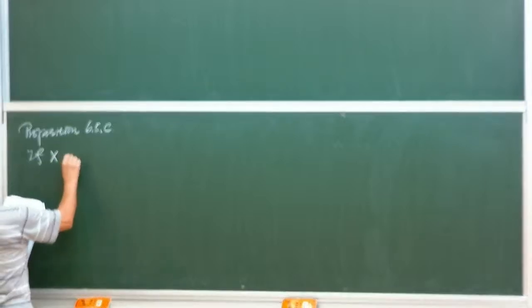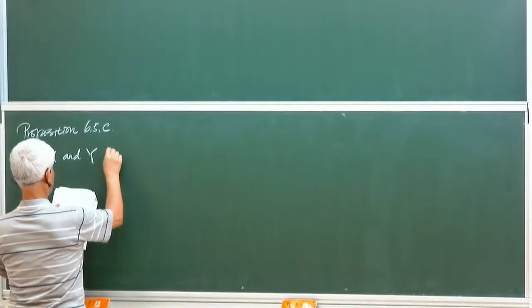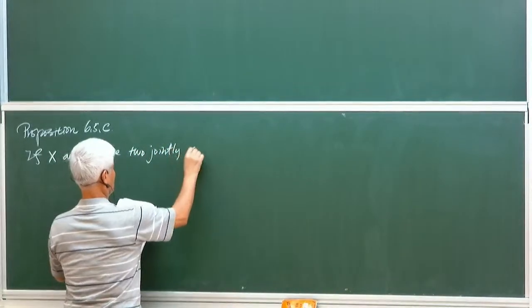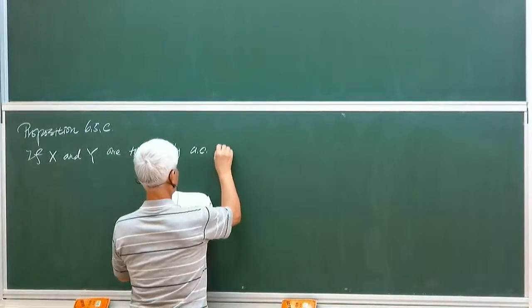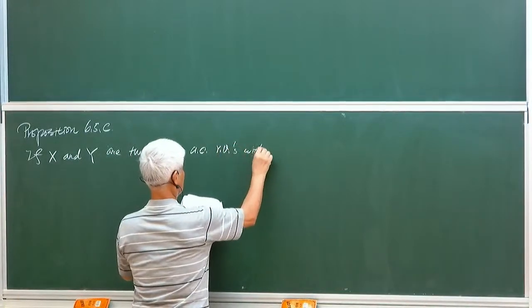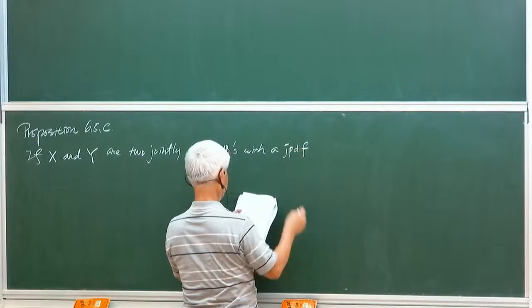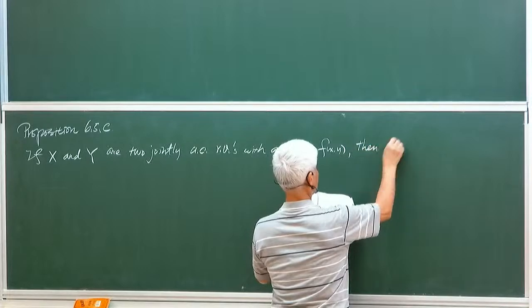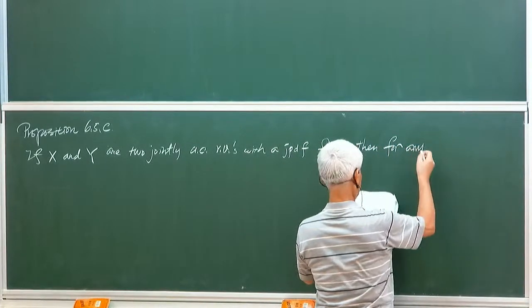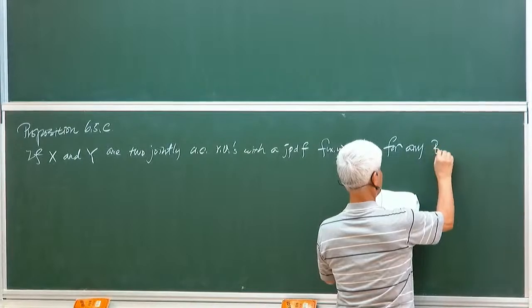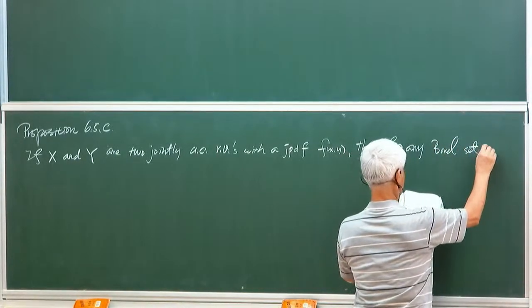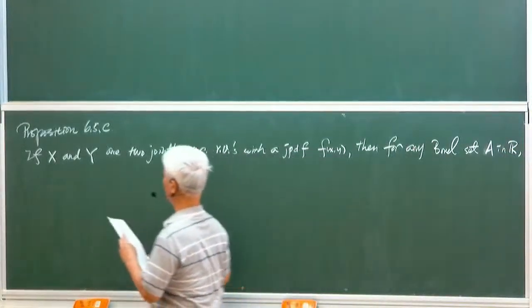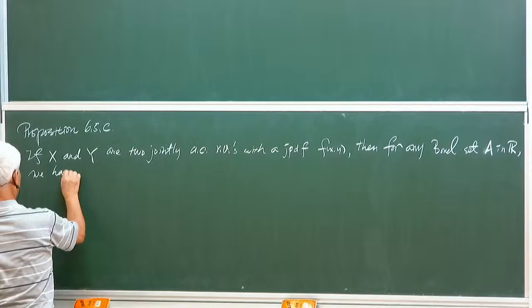If X and Y are two jointly absolutely continuous random variables with a joint PDF f of xy, then for any Borel set A in R, we have that